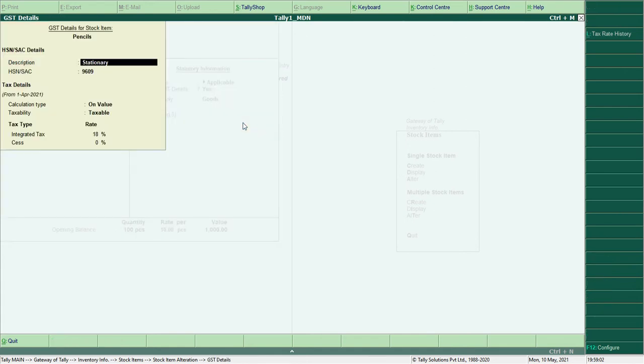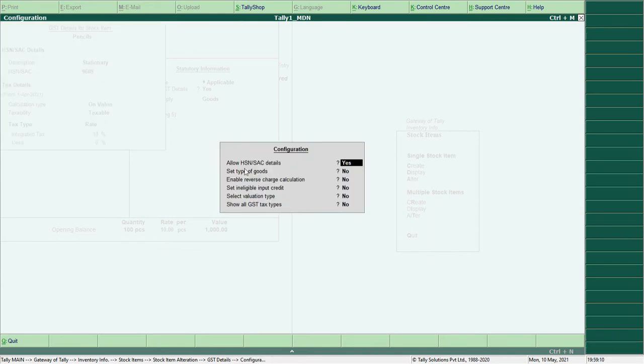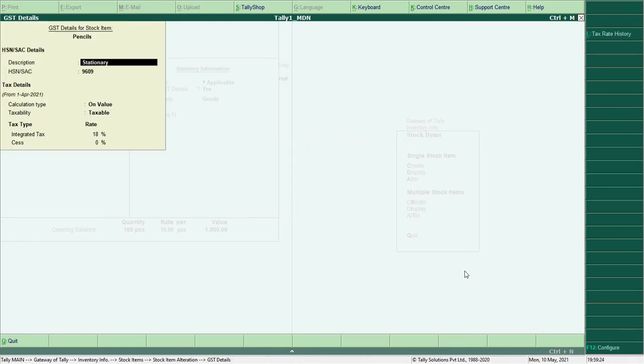This option opens. Suppose you cannot see the screen, then you press F12 and make allow HSN or SSC details, click it and make it yes. If you make it yes, then all the details of that stock creation page of the GST page will be shown. Remaining options, do not make it yes.